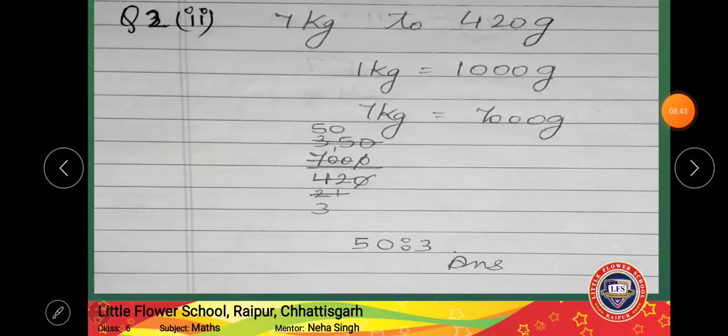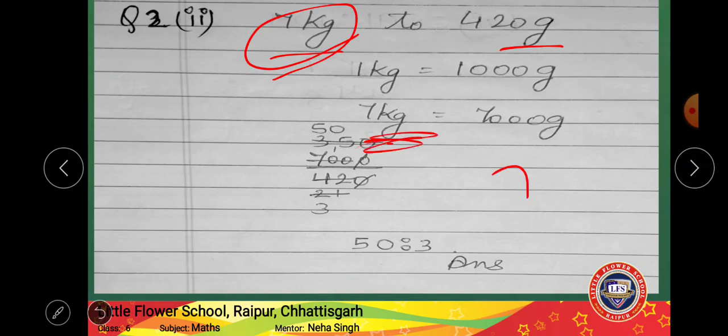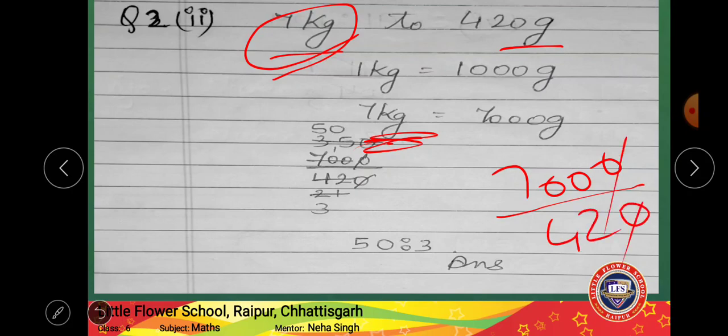Now see, again here kg, here gram. I'll convert this kg into gram, that is 1000. So 1 kg equals to 1000 grams. So 7 kg will be 7000. I'll divide it now, 7000 upon 420, right? See, here I have cancelled with 2 first. 2 1s, 2 2s are 4, 2 1s are 2, 2 3s are 6, 2 5s are 10, and zeros are 0.